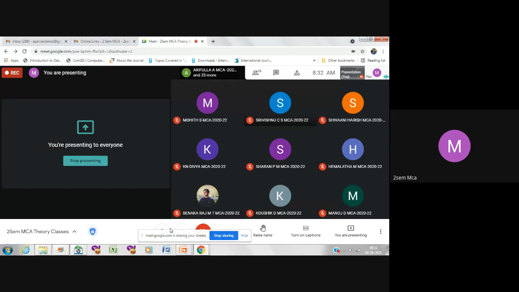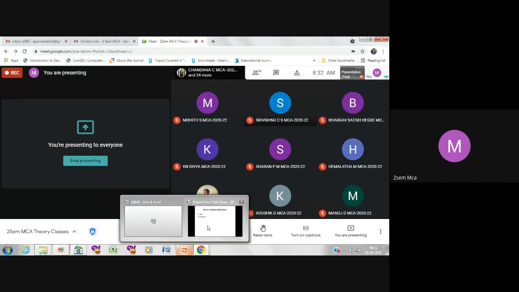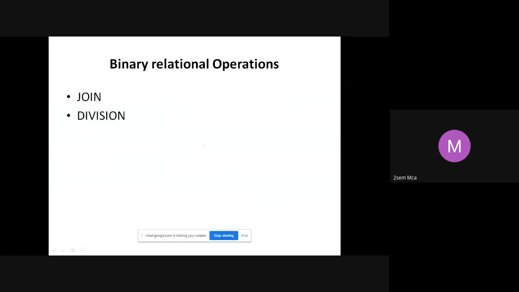So that's where I think we had actually stopped. So we start from join again. It's again a binary relation operation. Binary relation means you are going to apply this operation on two different tables. You cannot apply it on a single table.